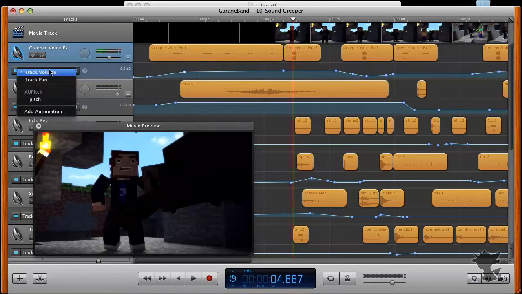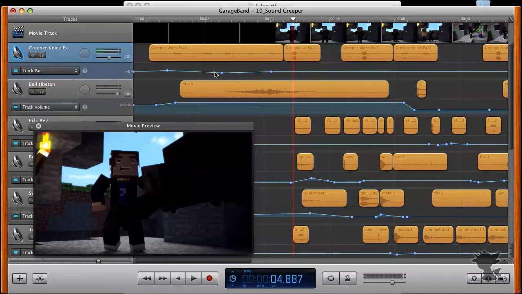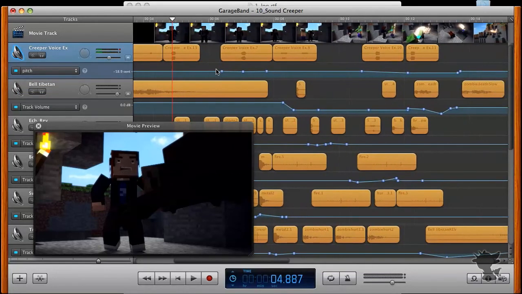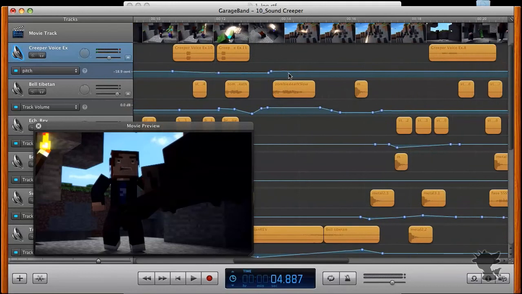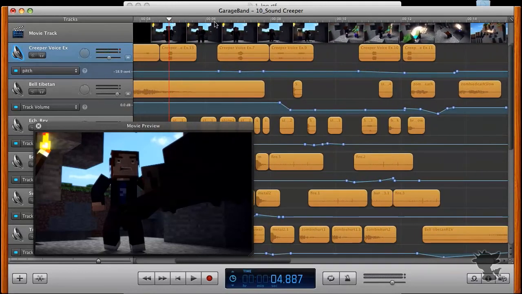In the same way, if I select one of my other animations, I want, say, the panning at that point. At this point, I want to be at the center, but a little bit before, I want to be a little bit more towards the left ear, for example. And the same way with pitch. I can have multiple different filters applied on one track, and for example, just enable them when I need it to. So for example, here with the creeper,